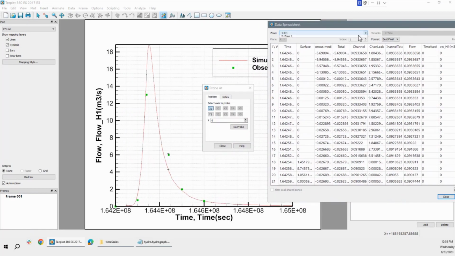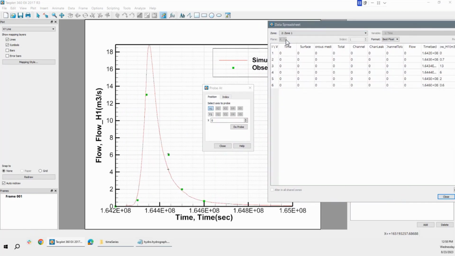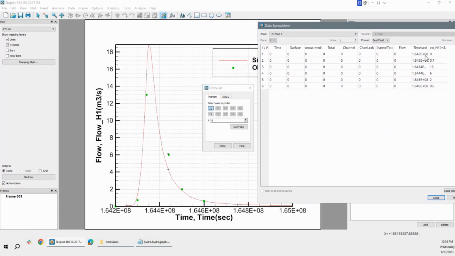You press at prop@, and then you can go to data, spreadsheet, and choose the second file, which is observed data, the second zone. In this case, these are your time and these are your observation flow. So if you want to do it exactly at that time, let's say you want to do it for this third point,